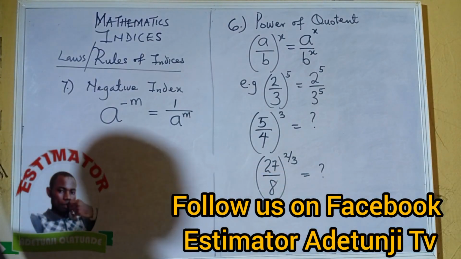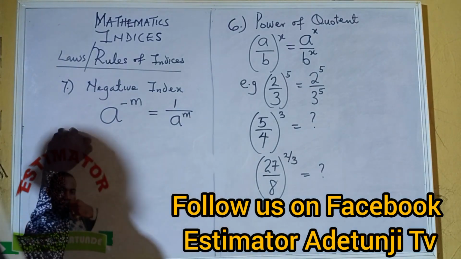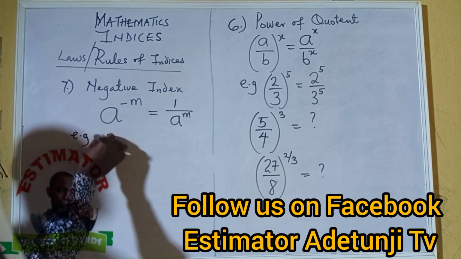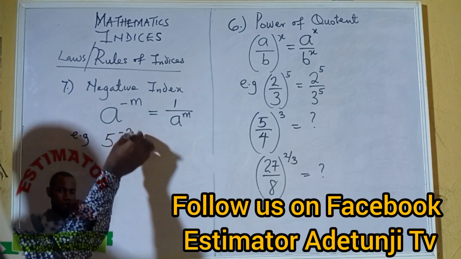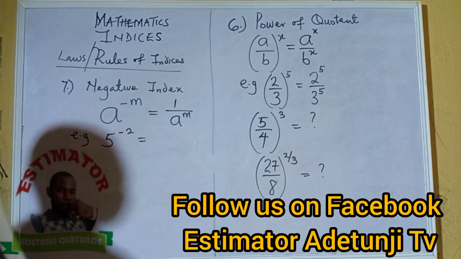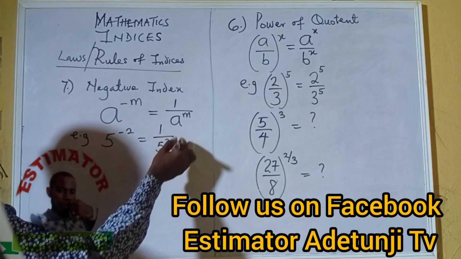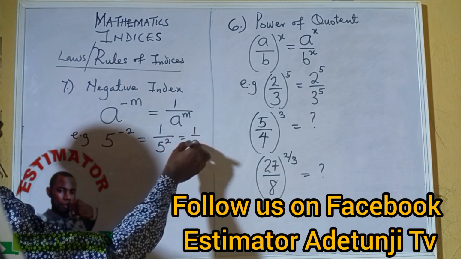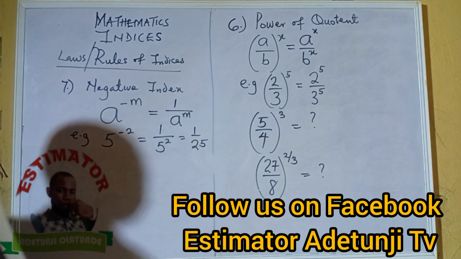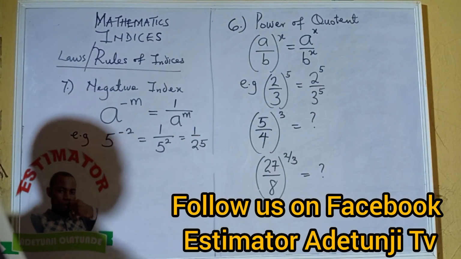Alright, what am I saying is this: take an instance, if I have a question saying I have 5 exponential negative 2, what will be my answer? Definitely 1 over 5 exponential 2, which is 1 over 25. That's the simple meaning. What about